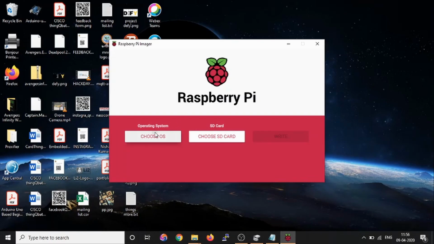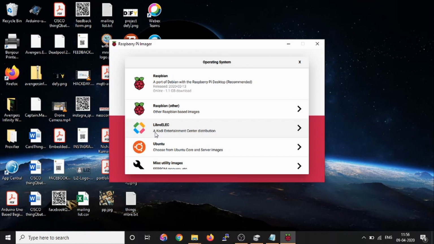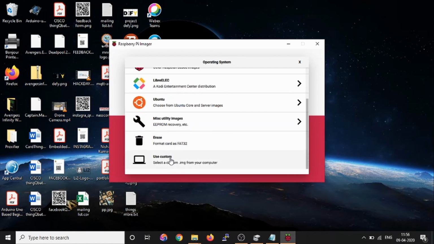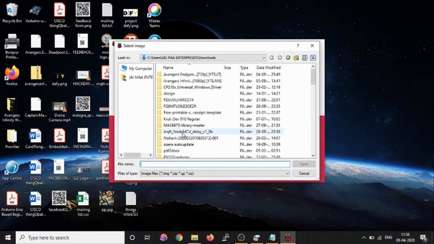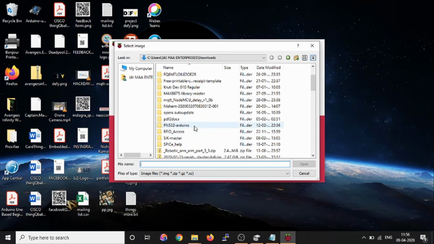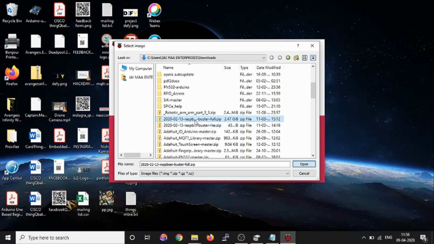So to get started with the Raspberry Pi, we have to open the Raspberry Pi Imager software, and then we choose the operating system, which I have already downloaded, so I will use custom. It's here, Raspberry Pi Buster full zip, 2.47 GB.